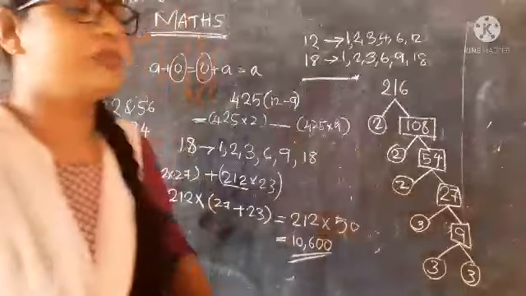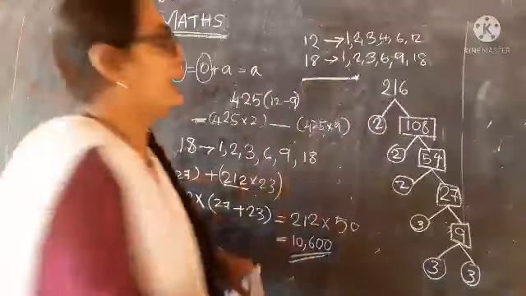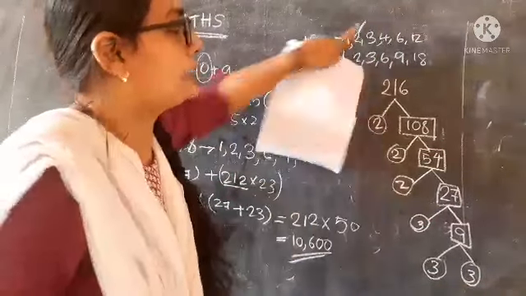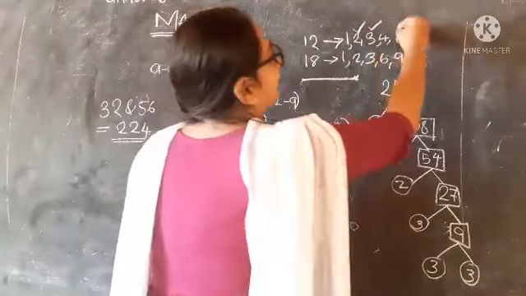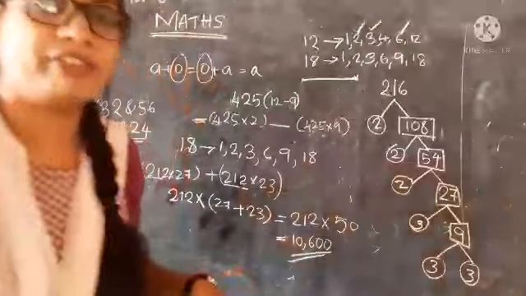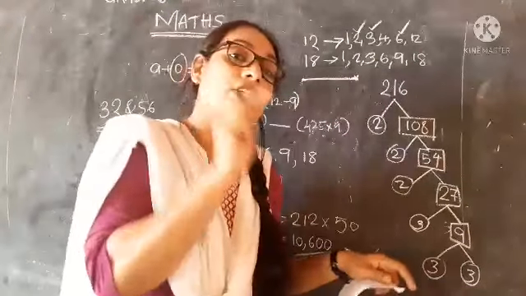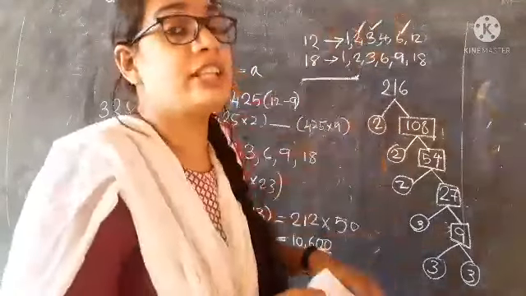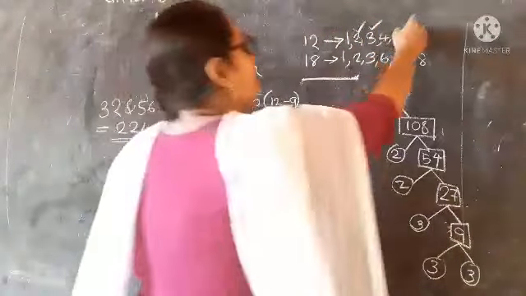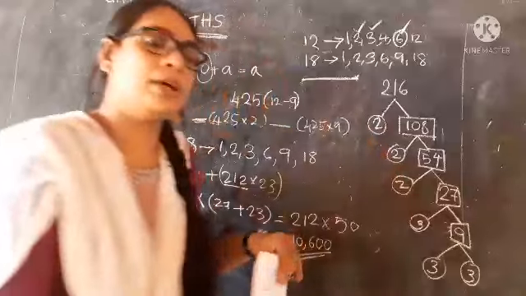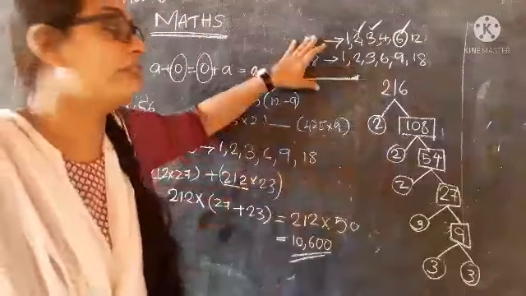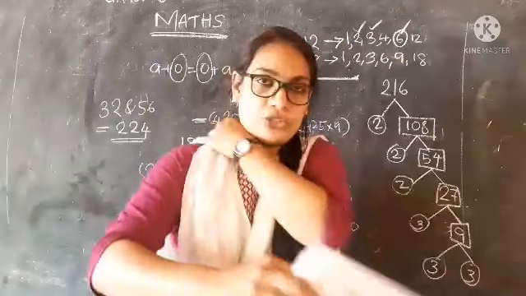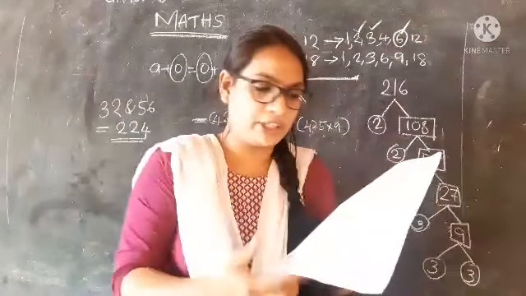So which are the common factors here? 2 is a common factor, like here is 2, here is 2. 3 is a common factor and 6 is also a common factor. Which is the highest common factor included in this? 2, 3, 6. Which is the highest number? Yes, no doubt, 6 is the highest number. So the HCF, highest common factor, for 12 and 18 is obviously 6. No doubt in that question, right? So moving to the next question.